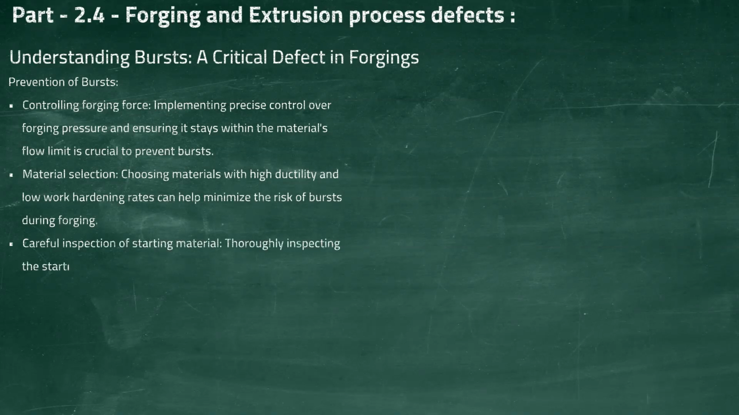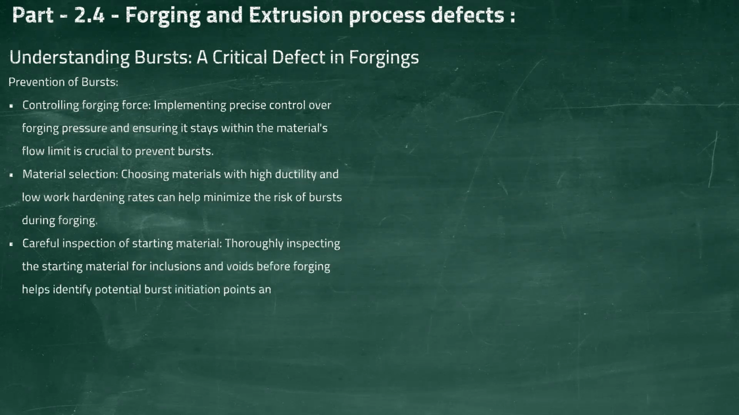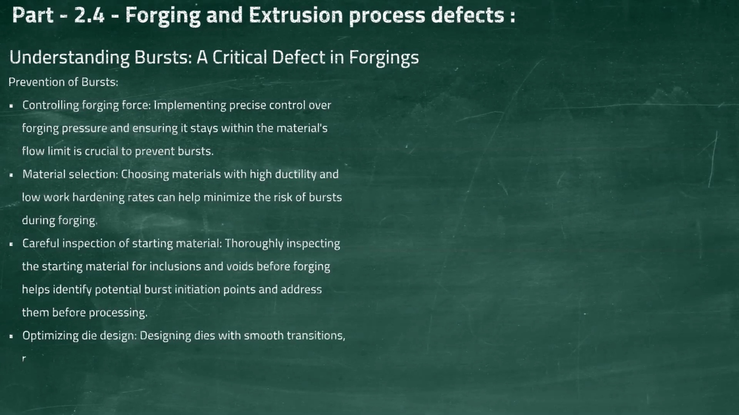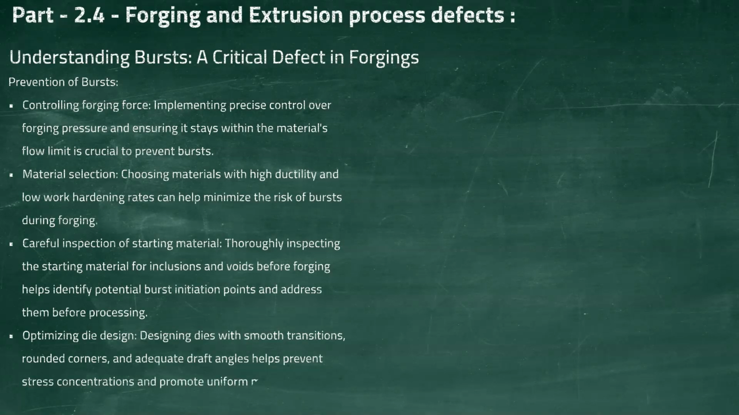Careful inspection of starting material. Thoroughly inspecting the starting material for inclusions and voids before forging helps identify potential burst initiation points and address them before processing. Optimizing die design. Designing dies with smooth transitions, rounded corners, and adequate draft angles helps prevent stress concentrations and promote uniform material flow